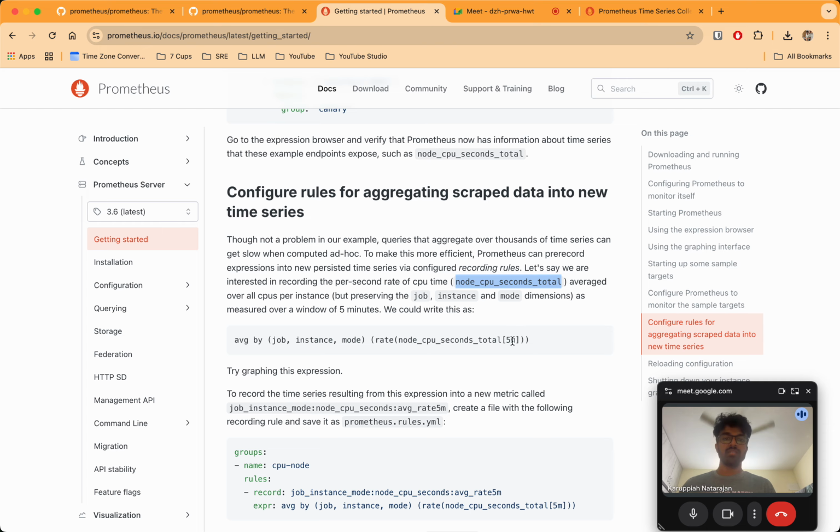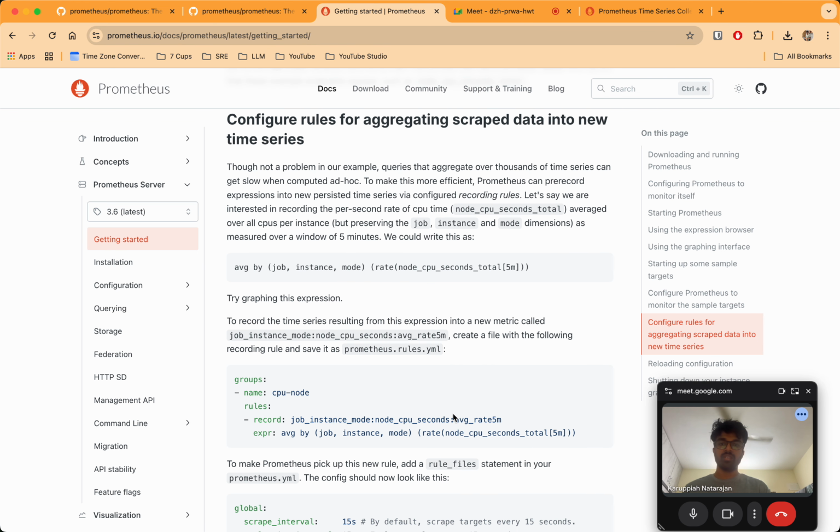We could write this as average by, given a specific set of job, instance and node, find the rate of node CPU over 5 minutes. Try graphing this expression. To record the time series resulting from this expression into a new metric called job instance mode node CPU seconds average rate 5 minute, create a file with the following recording rule and save it as